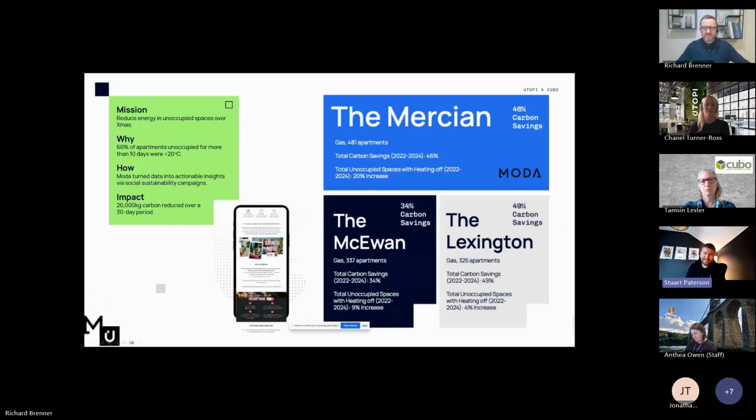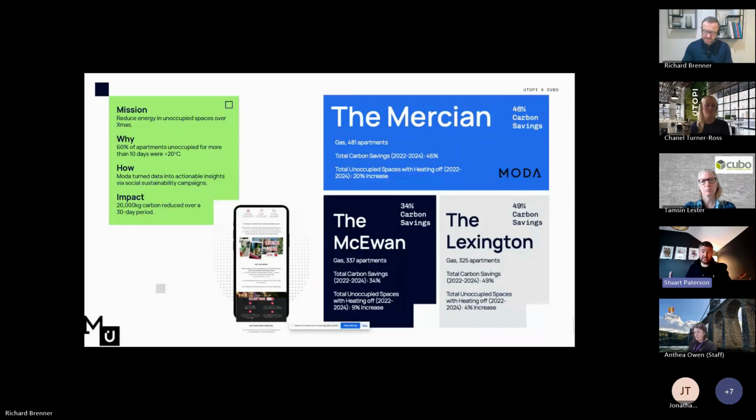Another example around resident engagement: through the energy, temperature and occupancy data within these assets, we were able to identify an issue when apartments were unoccupied. In unoccupied apartments, there wasn't a significant reduction in temperature, nor a significant reduction in energy consumption. So working with the operator, we sent out a really simple survey to residents, and the feedback highlighted that there was a lack of understanding on, one, how the heating controls worked, but more importantly, the impact that